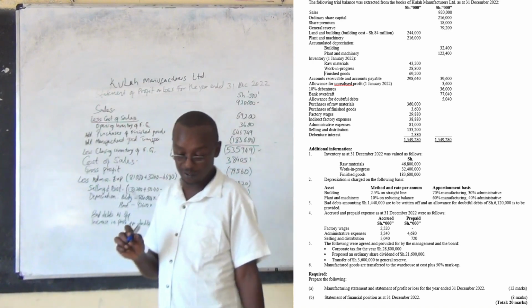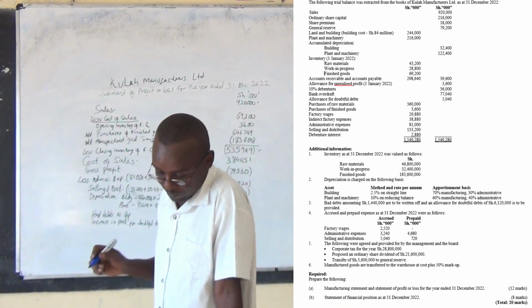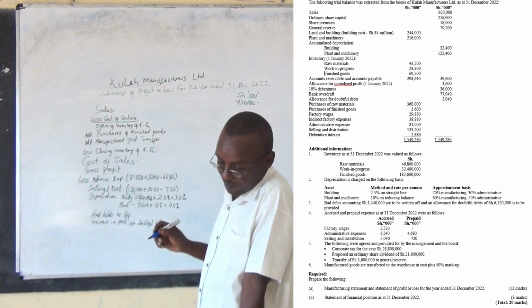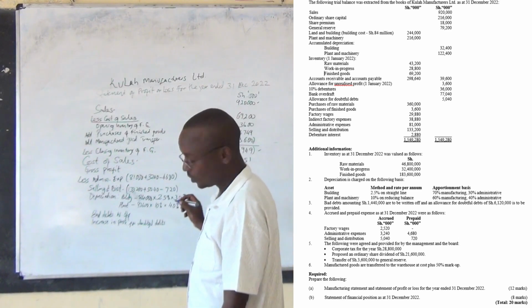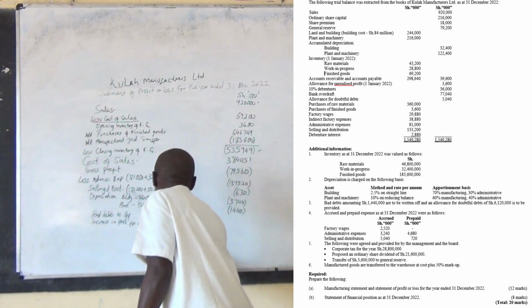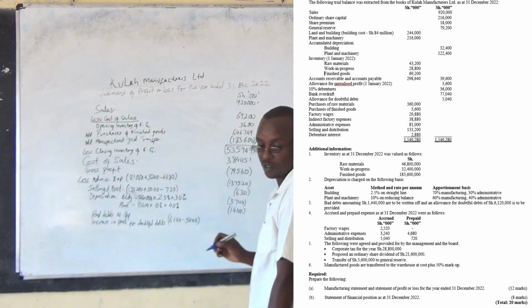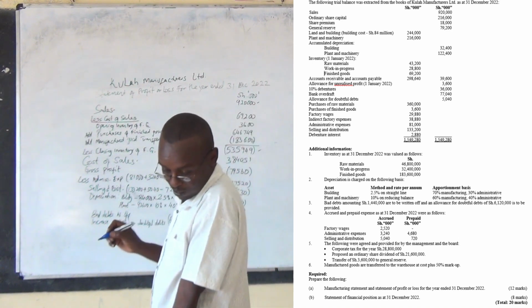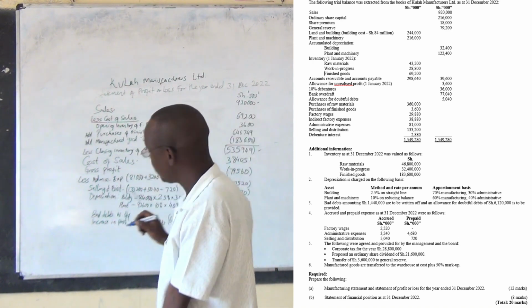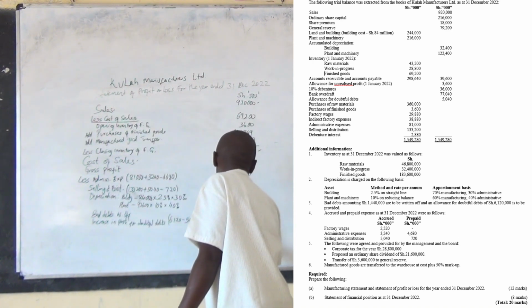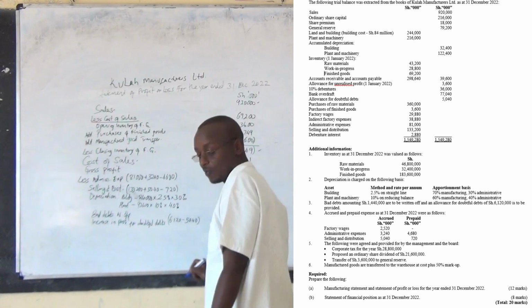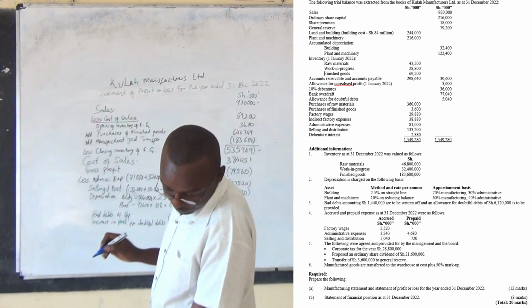How much? That one you have to calculate. It is 6120 minus 5040. You can see all those figures, isn't it? The trial balance. Then this one will give you 1080. There is also what? This one,